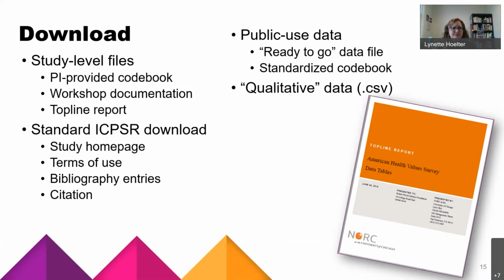In the standard ICPSR download, you'll always get a copy of that study homepage that we were looking at that gives you information about the sample and the time period and all that. You get a PDF of that page. You get a copy of the terms of use, since you probably didn't read them super carefully when you agreed to them before you downloaded the data. We want to make sure you have them just so you know what you agreed to. We give you the list of bibliography entries that were based on those data. And then we also give you the citation. I think I mentioned last week that it's really a good idea to cite the data, and we try to make it as easy as